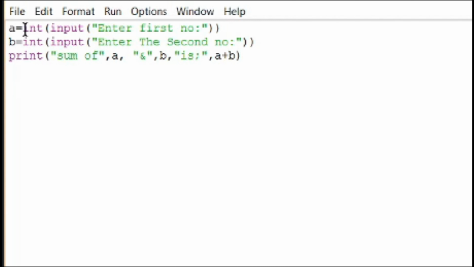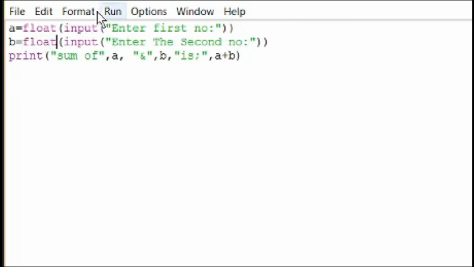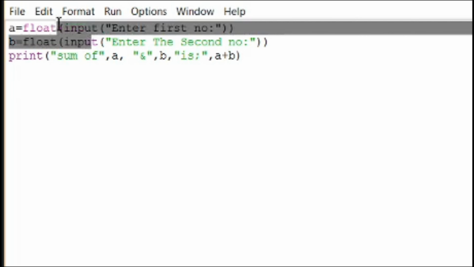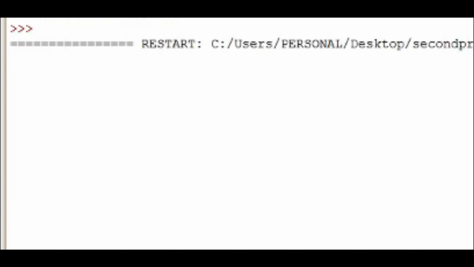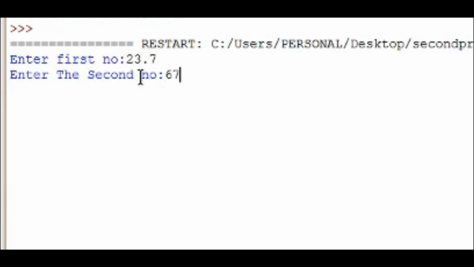Now what about the float type value? So in this case we need to change the integer to float type. Now again save it, and now it is easy, and you can also give here the decimal value, because we have mentioned the data type as floating type. So I can give here decimal value also and 67, but 67 if I give, you see it's okay. The second integer value we can get, it will assume as 67.0.